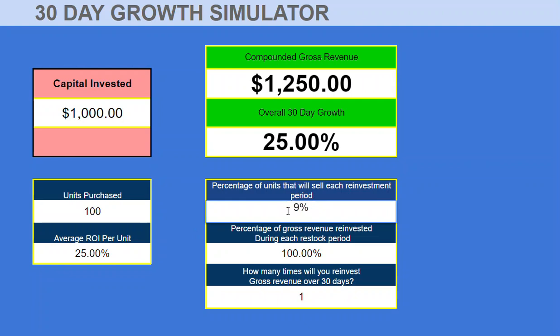You don't sell through 100% of your units. In reality, you might sell through 90%. Maybe you get a few returns. It goes down to 85%. So your month over month growth is looking somewhere around here.